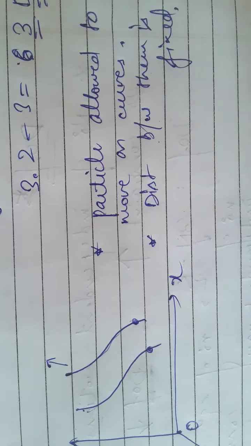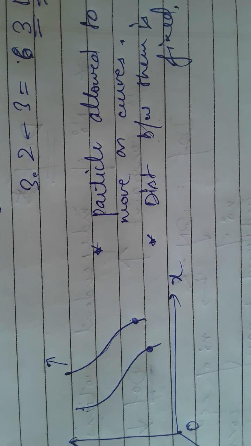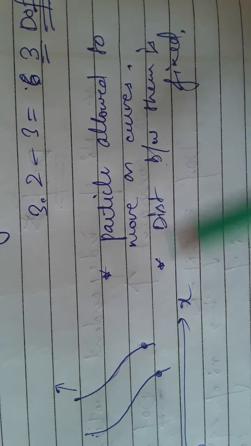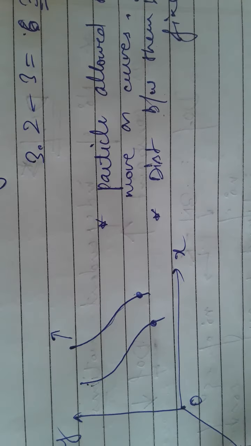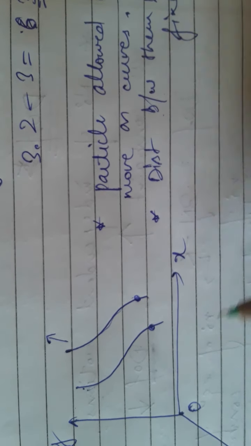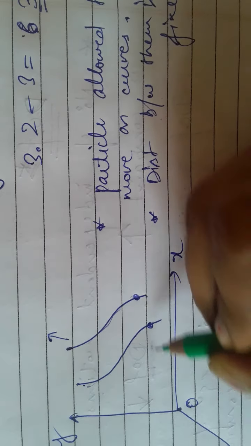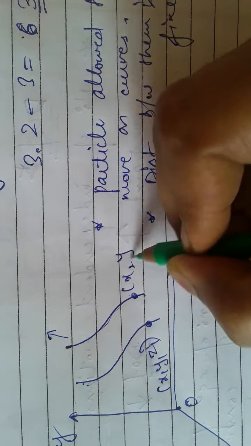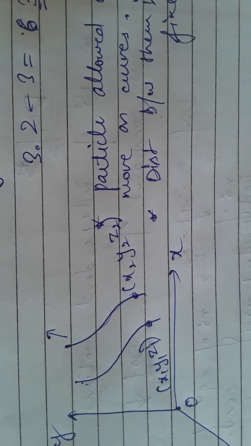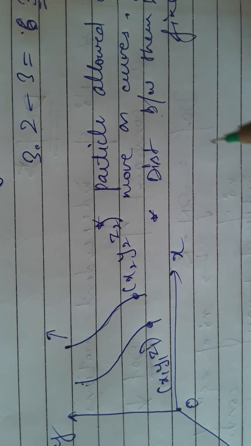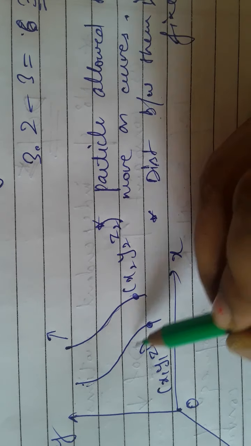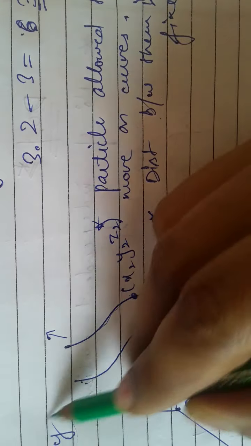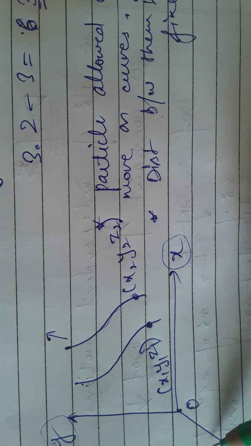Okay, so these particles and the distance between them is fixed. So how will you write this? The particle is allowed to move only on these curves, and the curves are only in the xy plane. So firstly you will do the same step: write coordinates x1, y1, z1 here, x2, y2, z2 here. Particles are only moved on these curves, so the particle can always move in the xy plane. It can never go in the z direction.